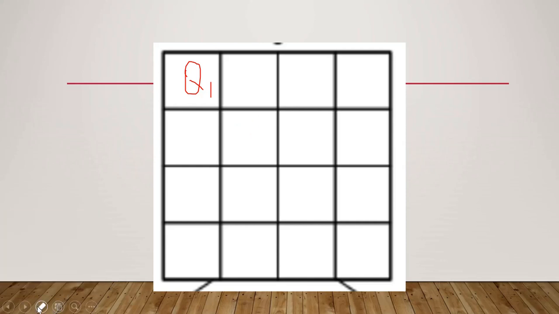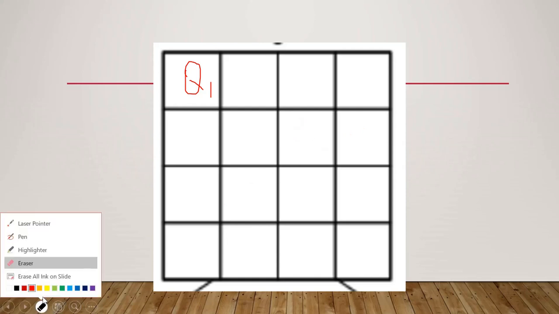Now let us go back to Q1, and the other position where Q2 can be placed is the third column of the second row. Now it satisfies the condition of not being in the same row, column, or even diagonal position. So now let us place Q3. Q3 can either be in the second or fourth column, but both of them are diagonal to Q2. So we should again backtrack to Q2, and Q2 should be changed from the third column to the fourth column.